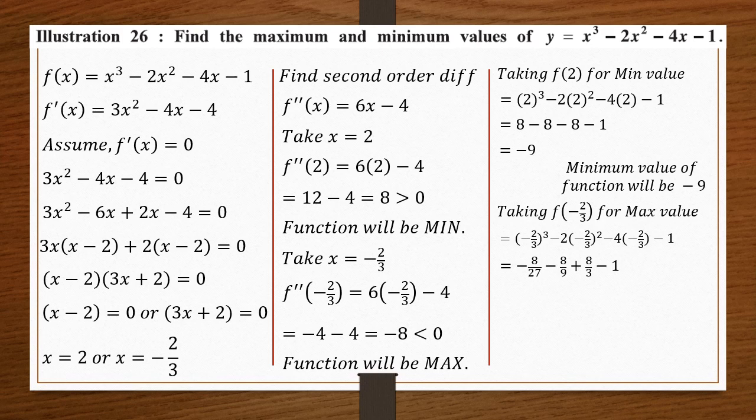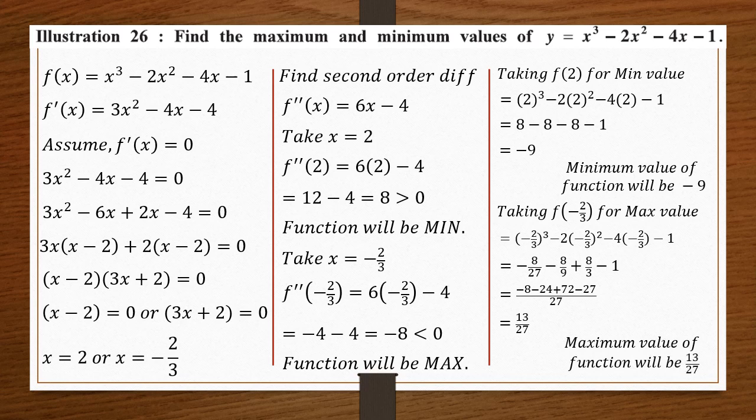Now I will be taking the LCM for all of these things. LCM will be 27, so in the division 27 will be there. In the multiplication, first 8 upon 27, 8 will be as it is. For 8 upon 9, 8 3s are 24. For 8 upon 3, 8 9s are 72, and for the negative one it will be negative 27. So when I solve this, I will get 13 upon 27. So the maximum value of the function is 13 upon 27.